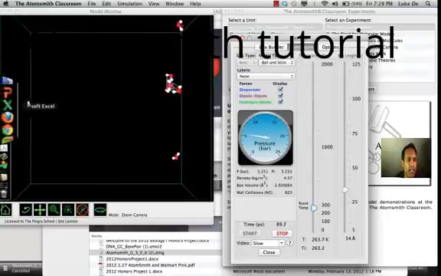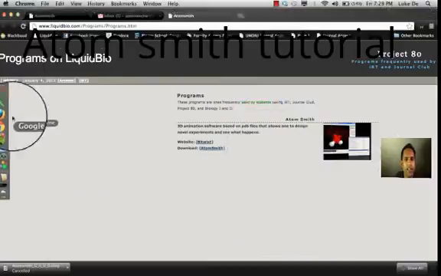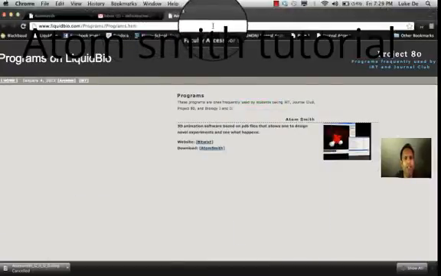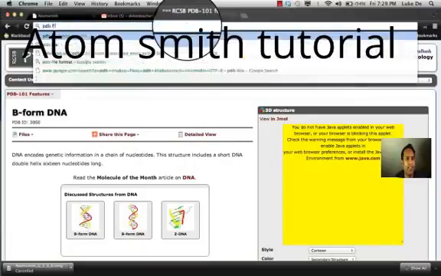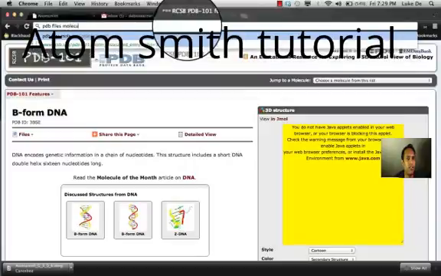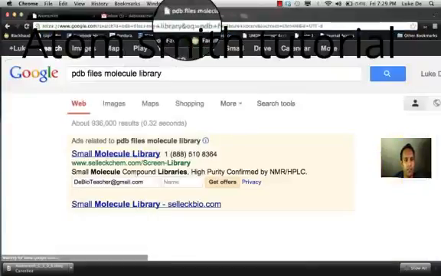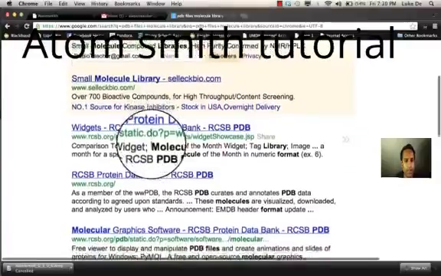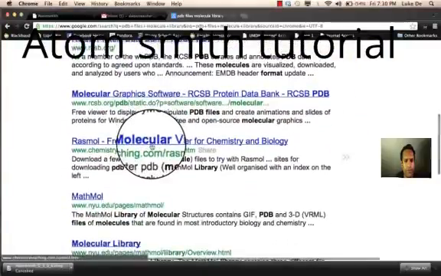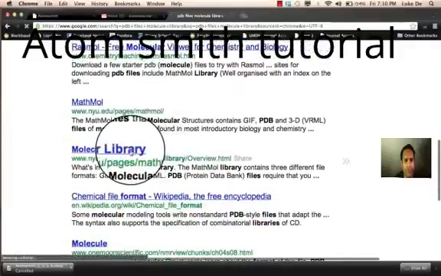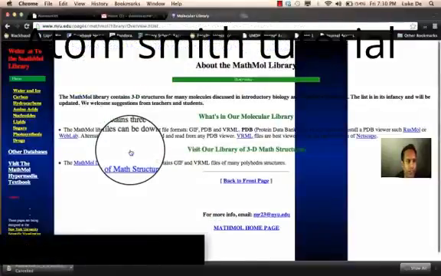Now, one more thing. If you want to go and just get crazy and look for other atoms, you can put those in the box. This program works on files called PDB files, and that's Protein Data Bank. So let's go back to PDB files, molecule library. Alright, so